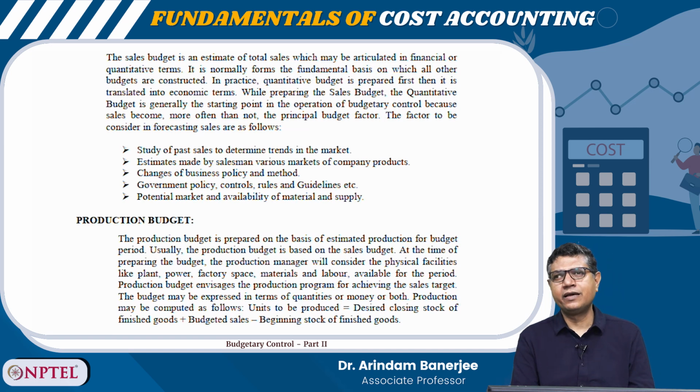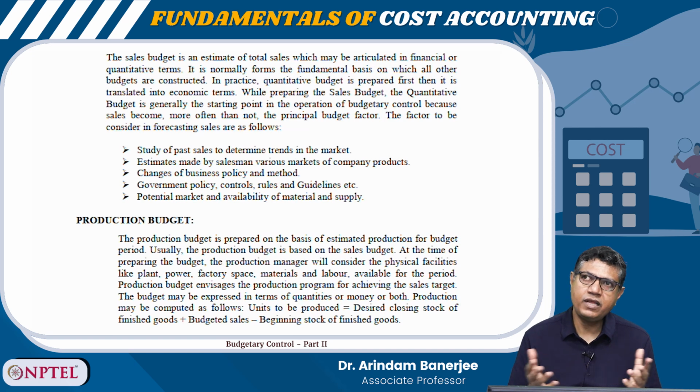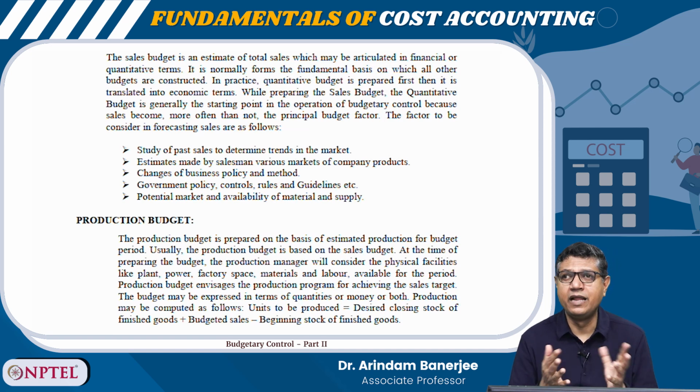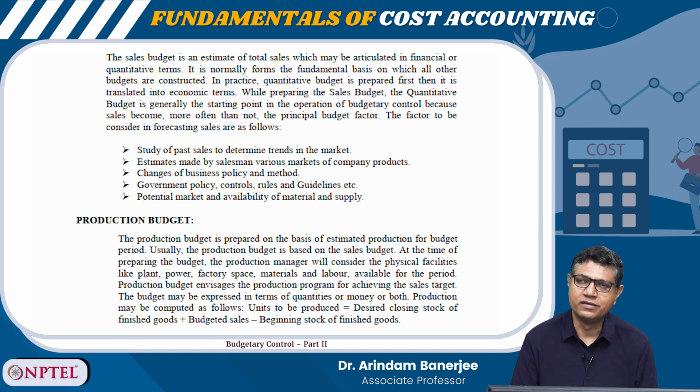So see, I can foresee any amount of business, right? Suppose my product is very popular, and I can foresee that okay, a lot of my product will get sold in the market. But the point is, I need to produce it before selling, and for production I need material, right? So I need to ensure whether the material and other factors of production, say for example skilled labor, right? So what happens in most industries, they are often in short supply, right?